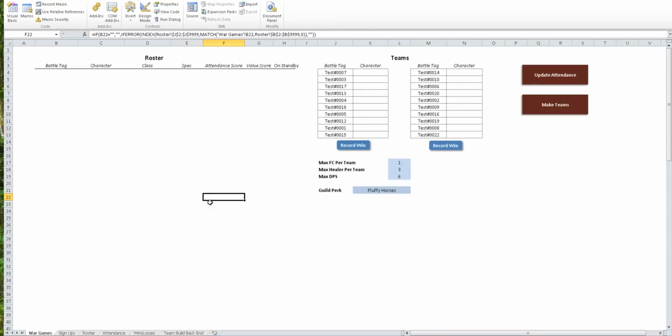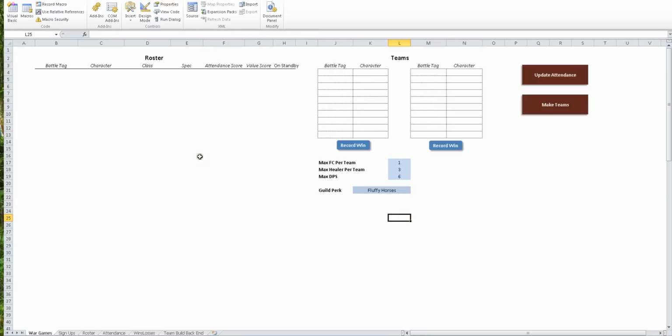Hi all, I'm here to show a tool I built in Excel to help automate the team creation in Wargames for the 29 bracket for Twinks. Basically the way this works is we'll have a sign-up sheet on SurveyMonkey. Everyone can sign up, and then this Excel tool will automate the team building to help expedite that process, since I've noticed it takes up to half an hour between games to get the games actually going because we're fooling